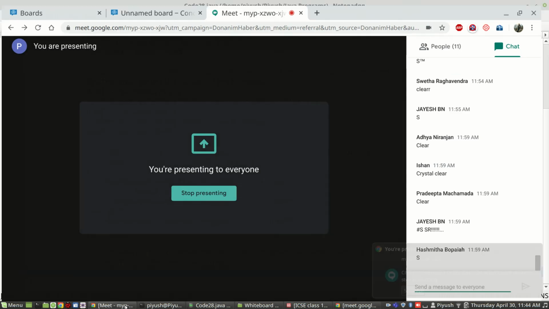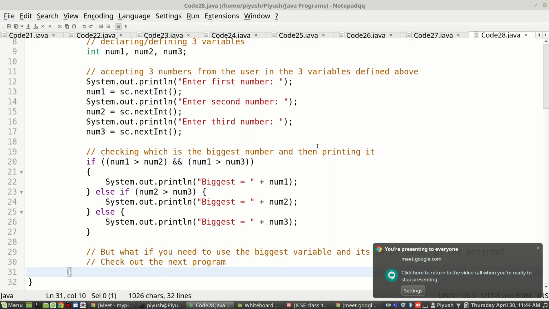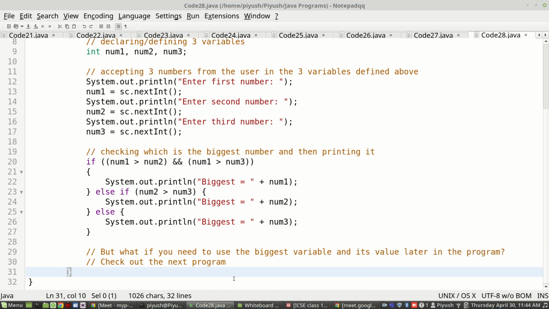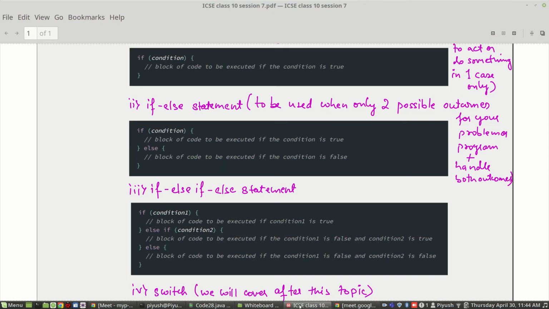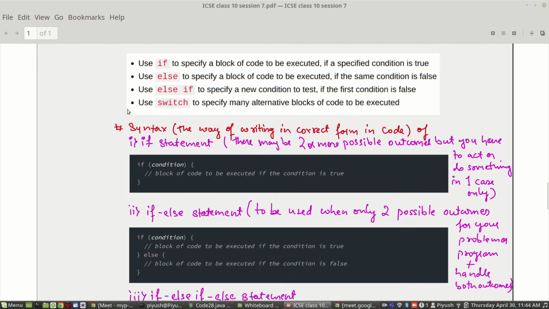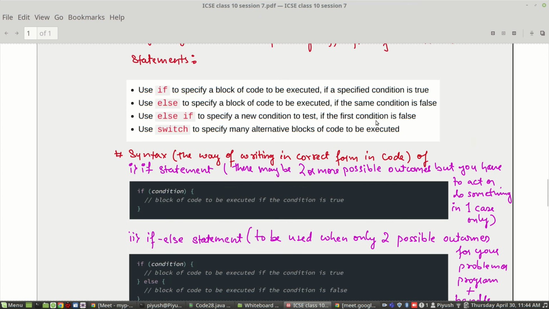okay, fine, no worries. Another version of this program is there, but that will take 1 minute. So we'll see that tomorrow. So I hope all the variations of the conditional statements, that is, we are done with the 3 variations of the conditional statements. Okay, and we have also seen, in addition to these 3 variations and with the sample